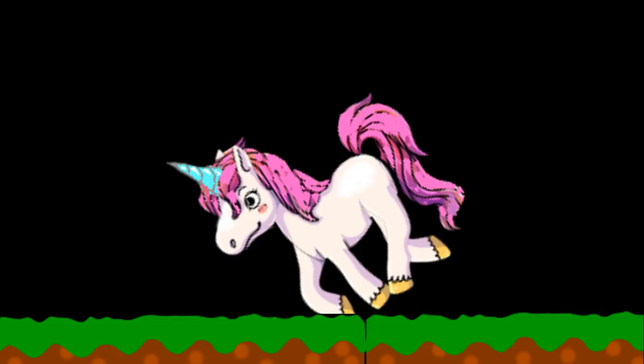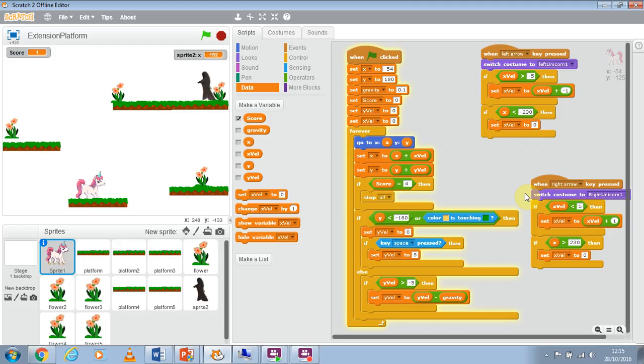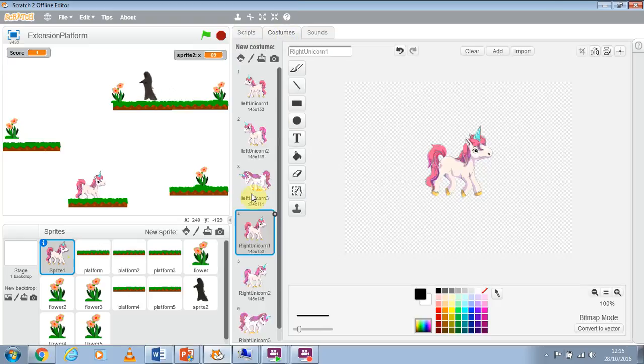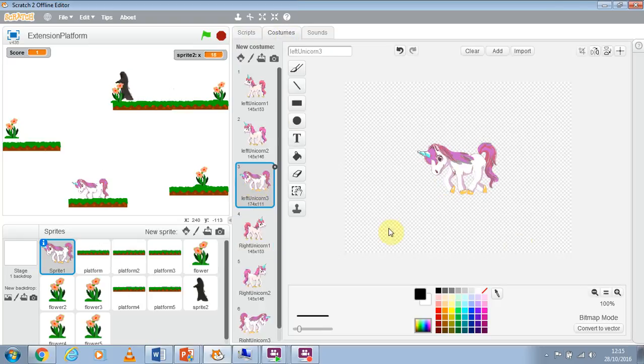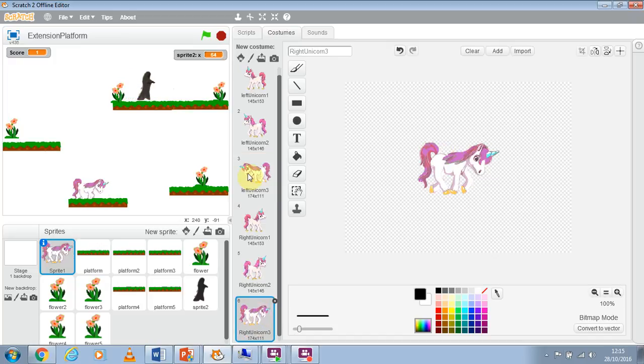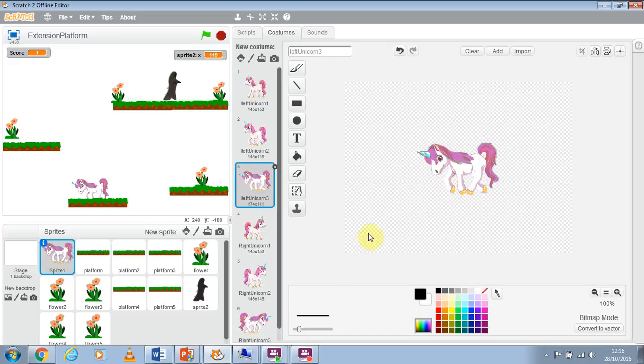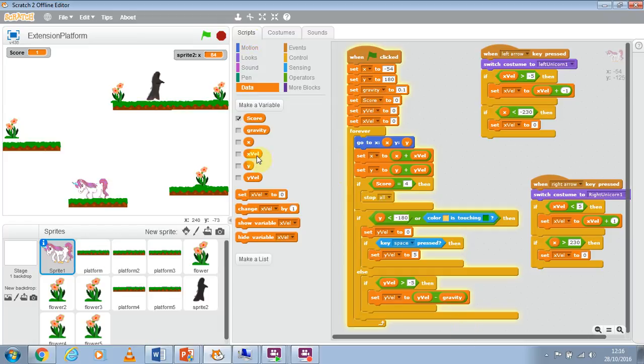Okay. Now, the way to do that, well, if we look in the costumes of our Sprite 1, we have this kind of bowed head costume. What I want to do is switch so that when we press, in this case, the B, it will bow the head, then the sprite will literally walk into the horn. That's the idea. Okay. So, to do that, I am going to add in the script of our unicorn